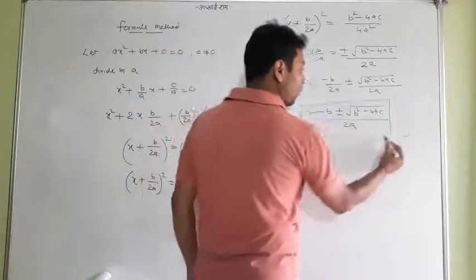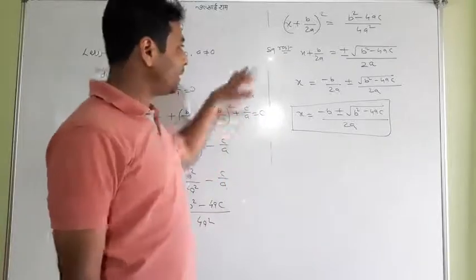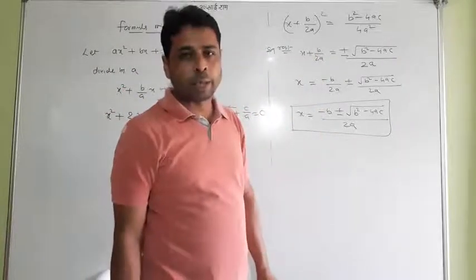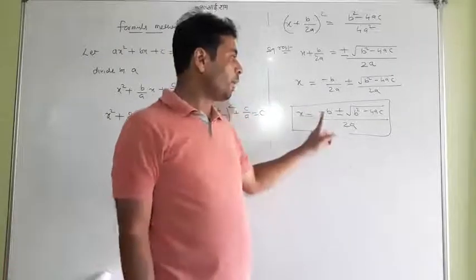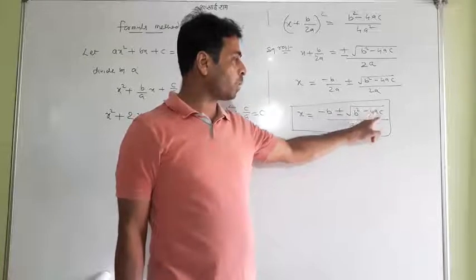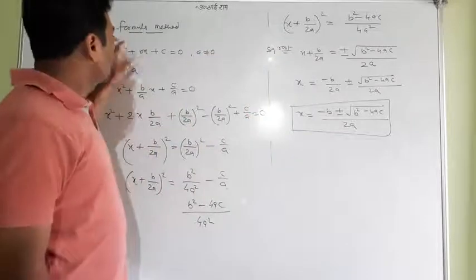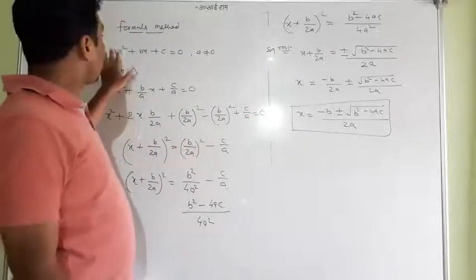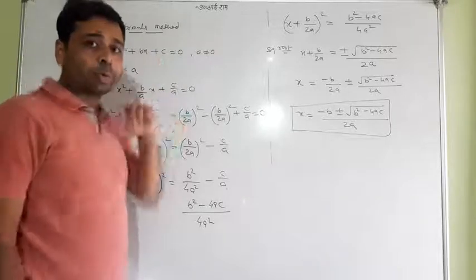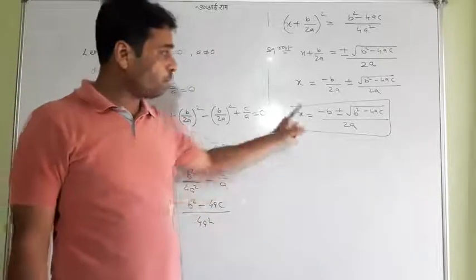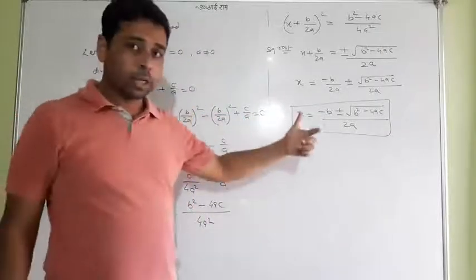This is a special formula. This is called the formula method. Okay, this whole derivation will not come in the exam, as I know from experience, I'm telling you. But this is one of the most important formulas ever: x equals minus b plus minus square root of b square minus 4ac upon 2a. This is for x. Now what to do, student? Whatever equation you have, you just compare it with this equation. You just catch a, b, c, and whatever the values of a, b, c you get, you put the values here and get your x directly without doing this method. So this is the formula.